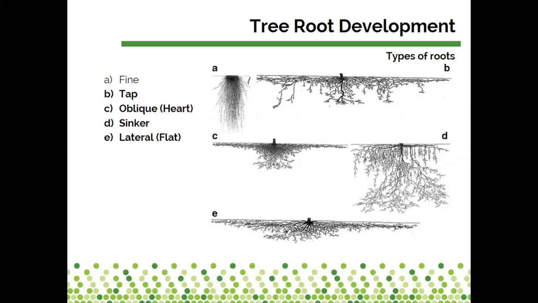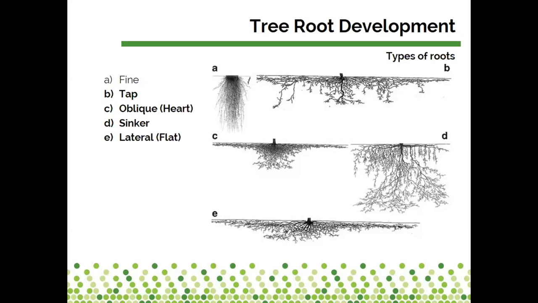As we can see, most trees, when they're germinating, will have a radicle that forms kind of a taproot early on. But what distinguishes taproot systems is that they persist, and that main taproot can persist for many years. Whereas if you have an oblique or a heart root system, even early on in that seedling's life, it's going to be producing multiple taproots or oblique roots that are going in between vertical orientations and